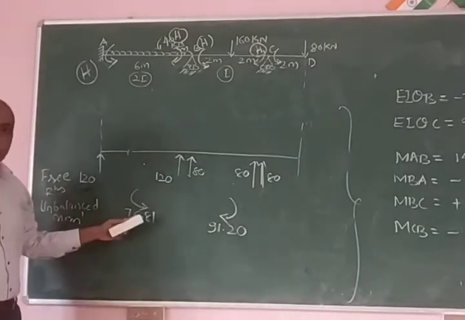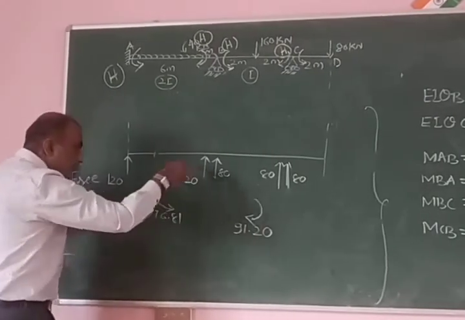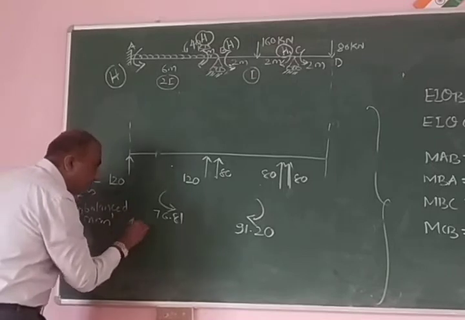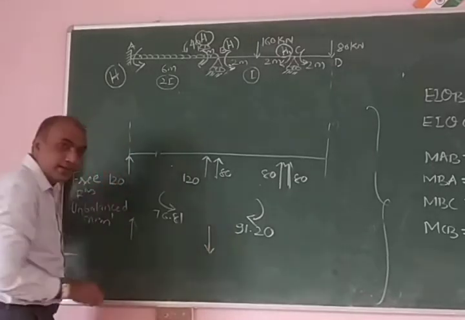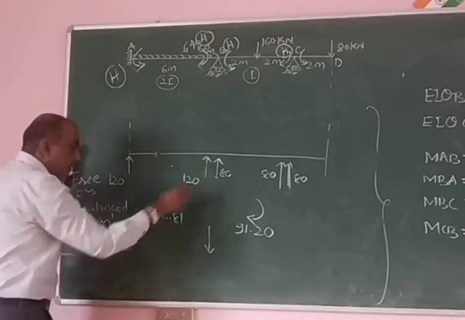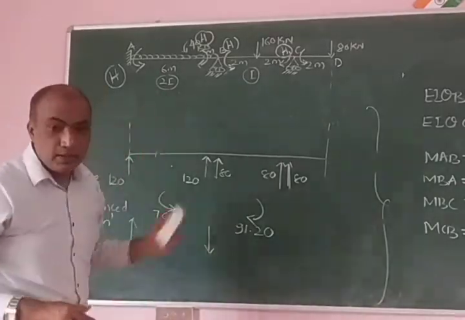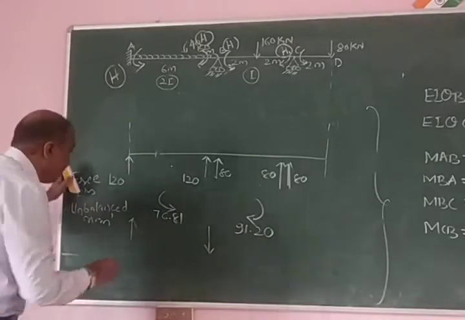Now these unbalanced moments are to be balanced. How are they to be balanced? This is anti-clockwise, so there should be a clockwise couple to balance this. And the value of the couple is given by moment divided by span. That is 76.81 divided by span 6 meter. That comes to 12.8